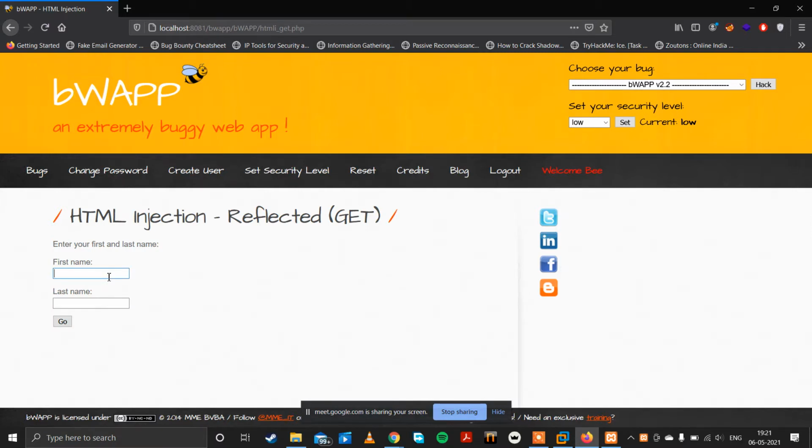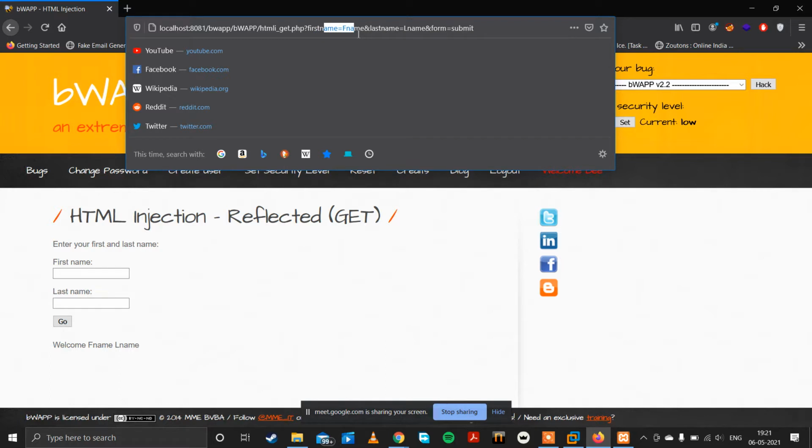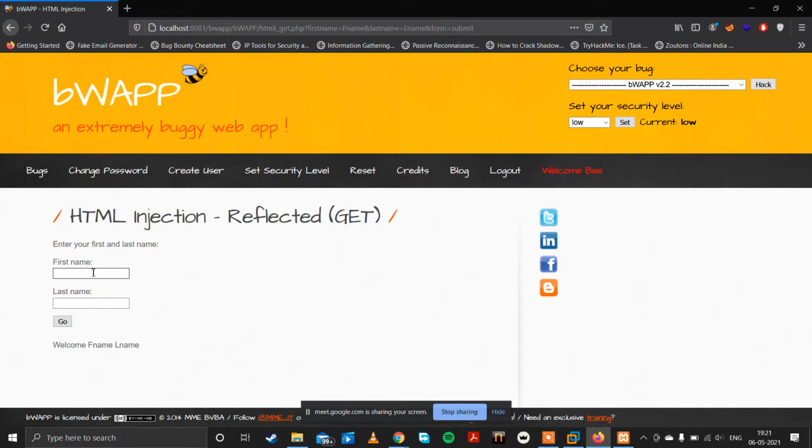Okay, so this is the first example, HTML injection using GET parameter. First name will be fname and last name will be lname. Click go. GET parameter means the parameter will be in the URL. GET means URL parameter, first name and last name. This is reflecting, guys. So there may be HTML injection. So to find the HTML injection,